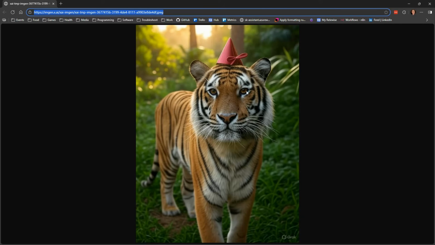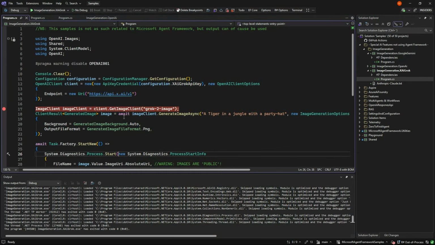I haven't found a way to get them to be private. So if you're doing something confidential or stuff, you definitely shouldn't use Grok for this. But if you're just making funny animals with party hats, I guess it's okay. But that really surprised me that that was the problem.